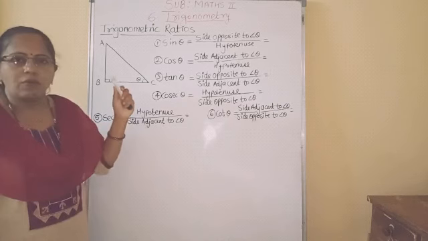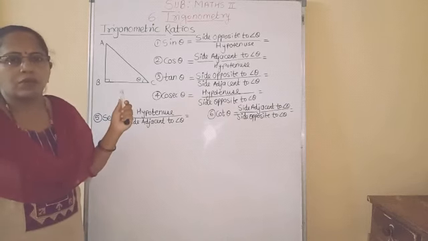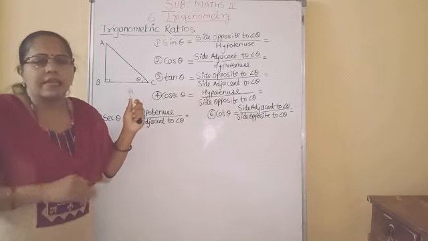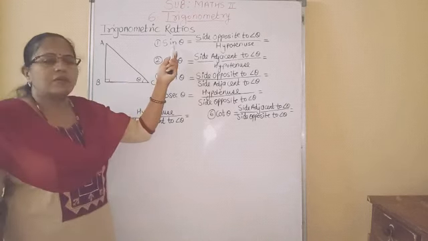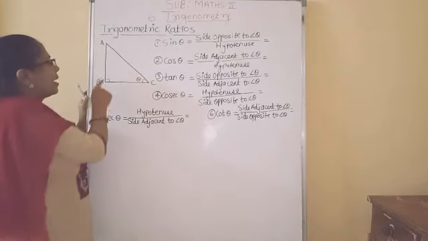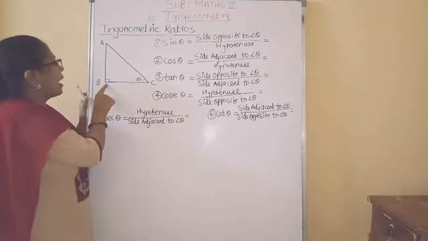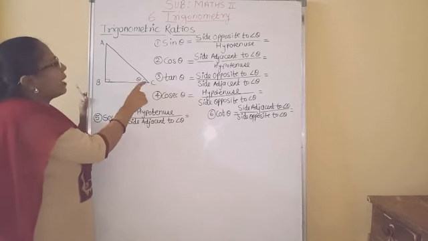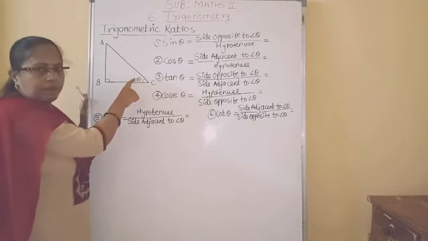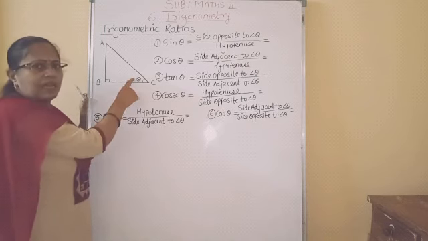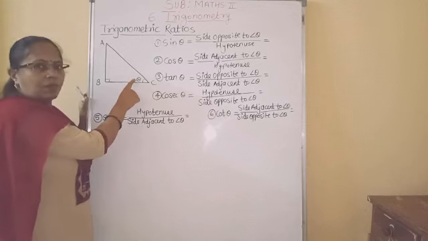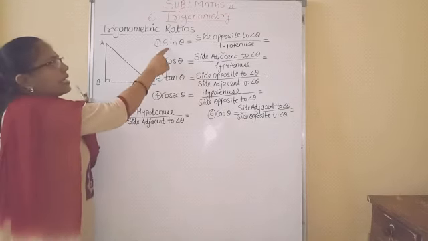You already studied how to find the trigonometric ratios. In 9th standard we studied three trigonometric ratios, so let us recall them. The first ratio is sin theta. Let here be triangle ABC. In this triangle, angle B is 90 degrees and angle C is an acute angle which I denote as theta. So we will see how to find the trigonometric ratios for this angle theta. The first trigonometric ratio is sin theta.